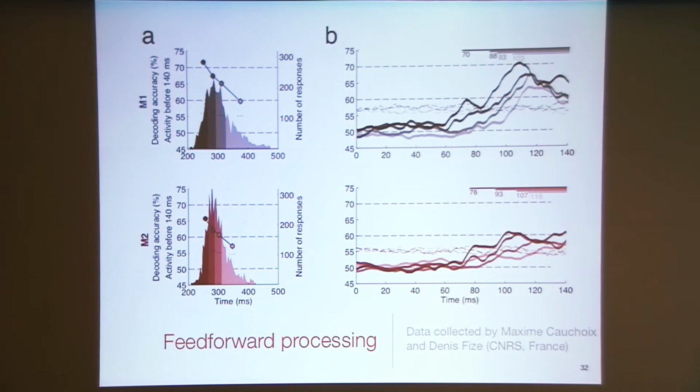And you see that there is a nice distribution of reaction times. What we did is to conduct the decoding separately on these four kinds of trials. And what you see here is that on the fastest trials, when we know that the monkey will respond faster, we can decode category information much faster than on the trials for which the monkey is slower. In other words, there's a direct mapping between the speed at which we can decode visual information in this ventral stream and reaction time, which suggests that perhaps there is a direct link between those two. Of course, what I'm showing you is correlation and not causation, but given the evidence we have so far, it is quite suggestive.